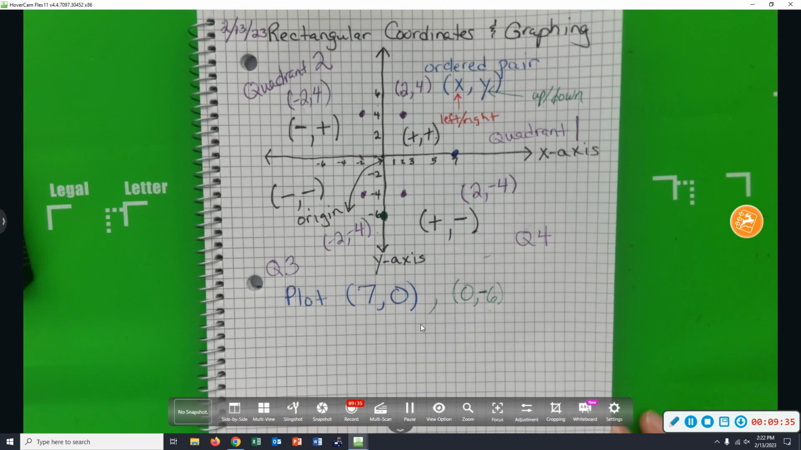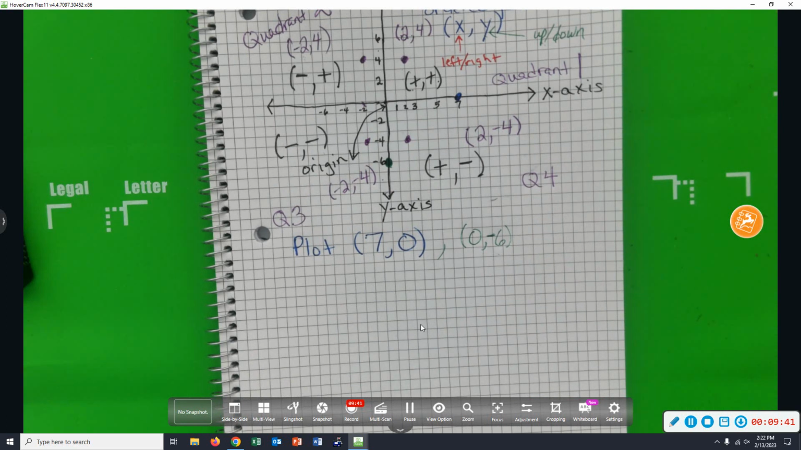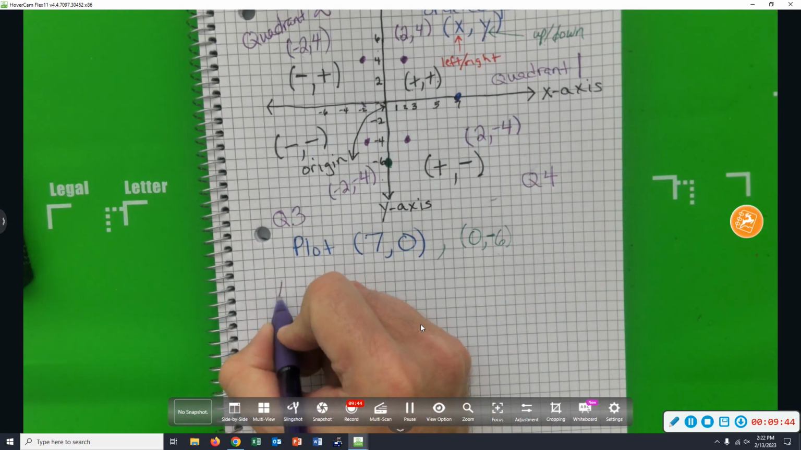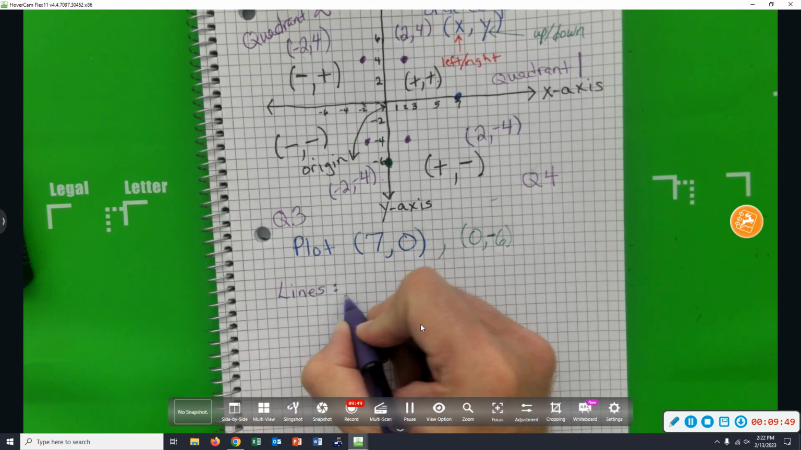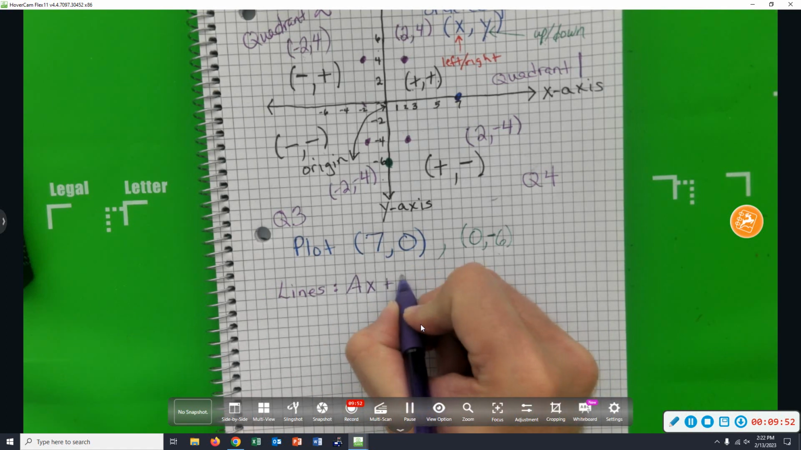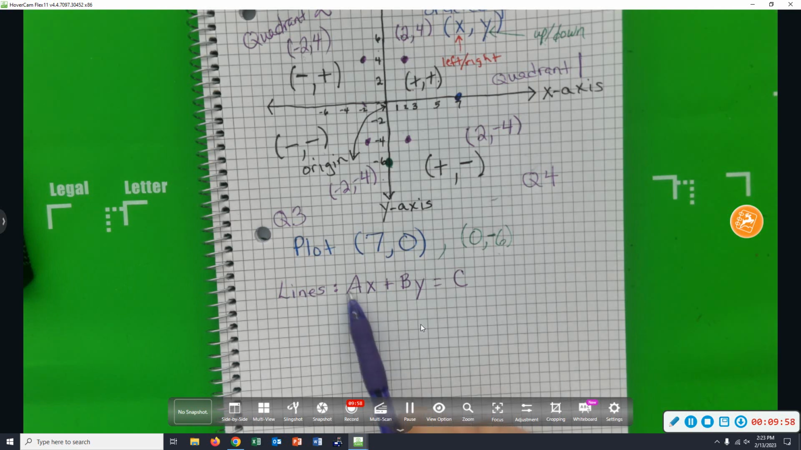Now, the first thing we're going to graph today are going to be lines. We're going to graph a lot of little figures today. In general, the equation for a line looks like this: AX plus BY equals C. Well, what the heck does that mean? Well, the A, B, and C are just numbers. The X and Y are the variables. If you have an equation that has an equal sign, and there's no exponents in it,